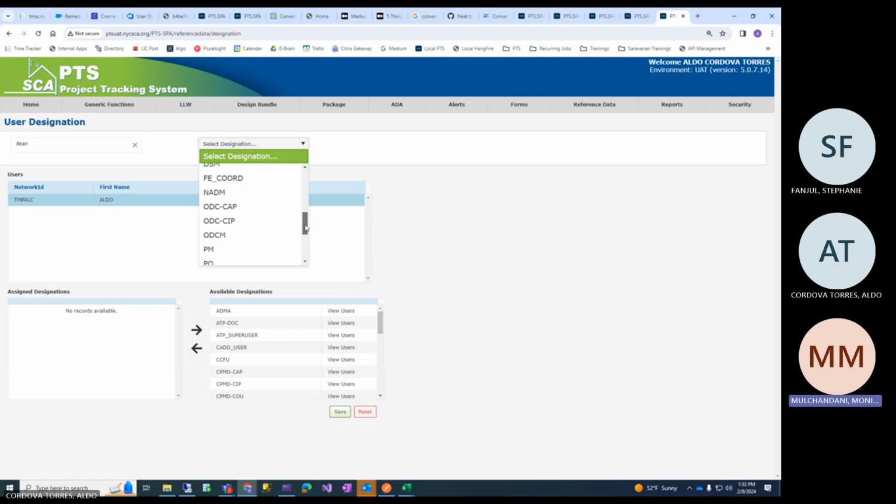Okay, go down. After that, a couple of them are a little unknown: ODC cap, ODC CIP, and again for some I don't know where they are used. And NDM is again a studio-based non-admin staff. PM, PO, SPO, CPO are at package level. So basically, all over the application where user roles have to be identified and used, or to define dropdowns related to it, they get defined here.